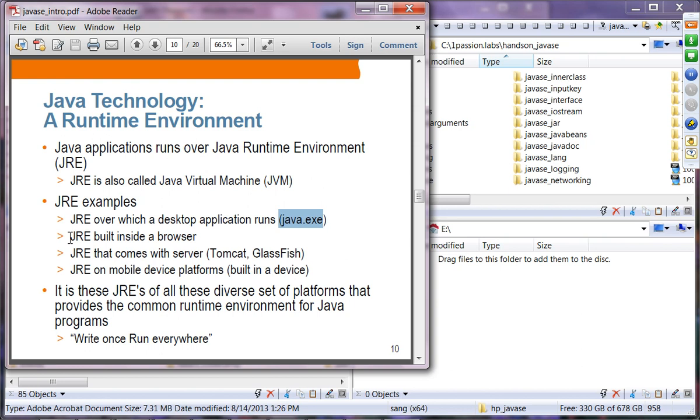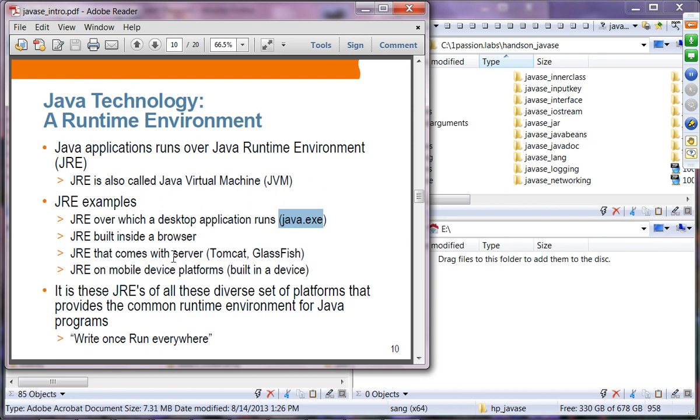As I said before, inside the browser you can download an applet from some website. That applet is a genuine Java application, and you can run it because the browser contains this Java runtime environment. That built-in runtime environment is going to run the applet.